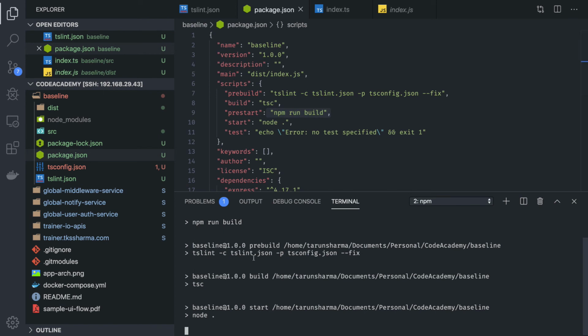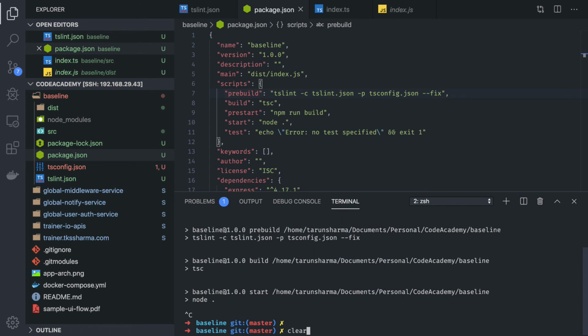So it is actually starting our server using this. So npm run start is doing pre-start, pre-start is doing pre-build. These are the hooks, pre and post. So we did start, but it will do a pre-start first, pre-start will invoke build, build will invoke pre-build first. Okay, so a chain reaction is happening, and this is how our server is running.